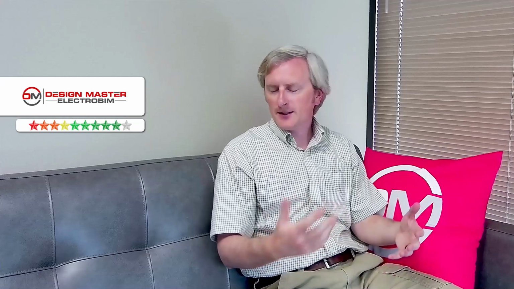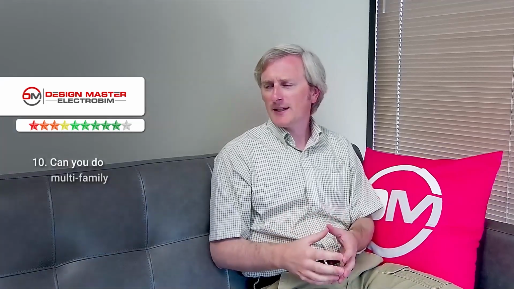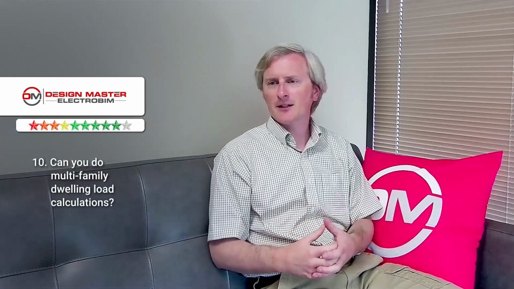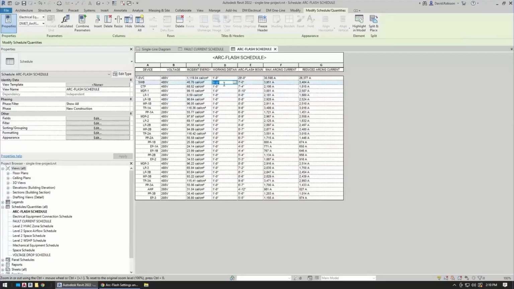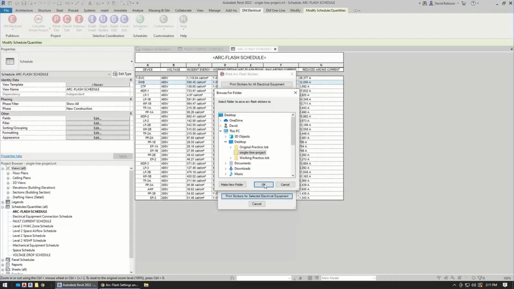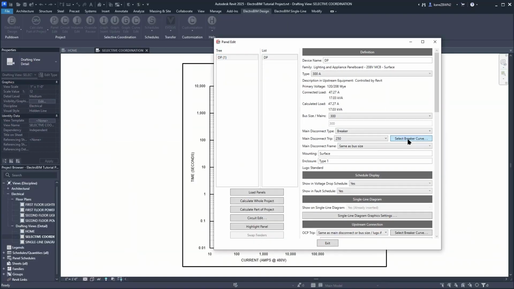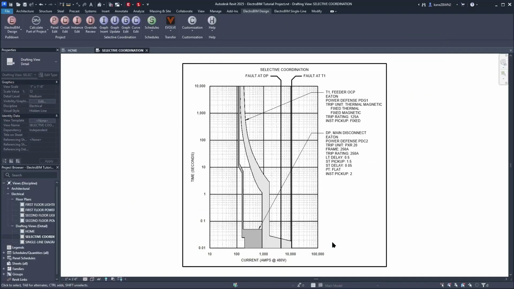model. And finally, question 10 is, can you do multifamily dwelling calculations or really any other complex calculations using your software? Yes and no. So something like multifamily dwelling calculations where you need those for your apartment loads, we can't do those in ElectroBIM. So we can't do everything we'd like to at this point. But we do have other calculations. We can do arc flash analysis. We can do selective coordination. So we have some of those features in there. There's a lot more that we want to add to the software, features like the multifamily dwelling calculations for your